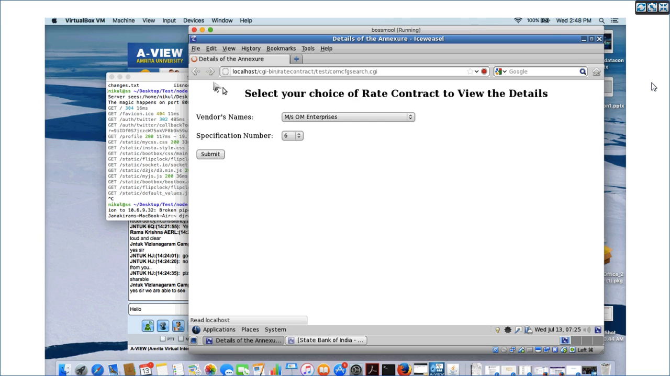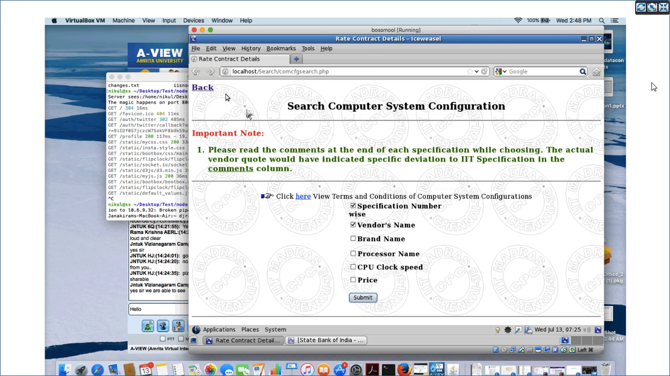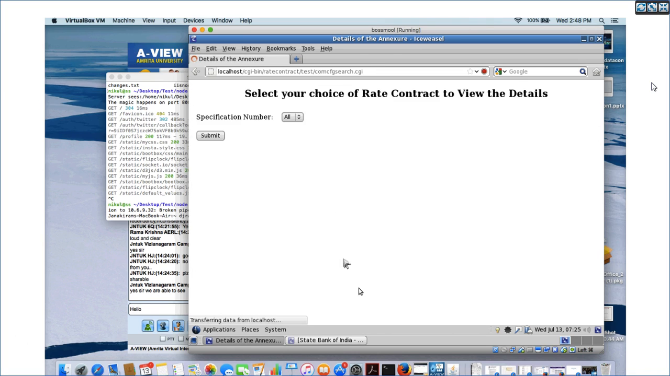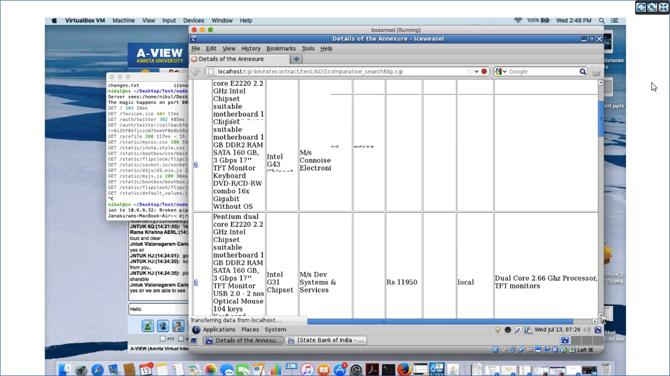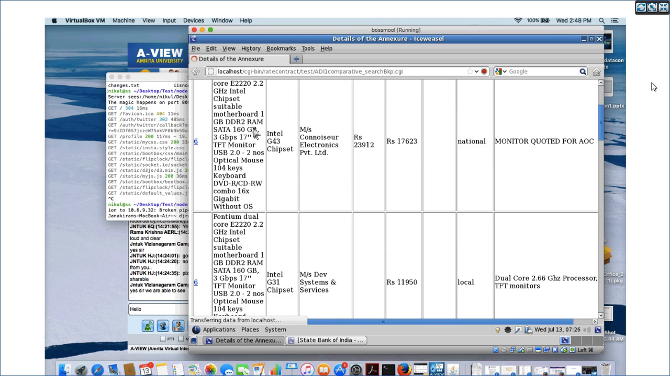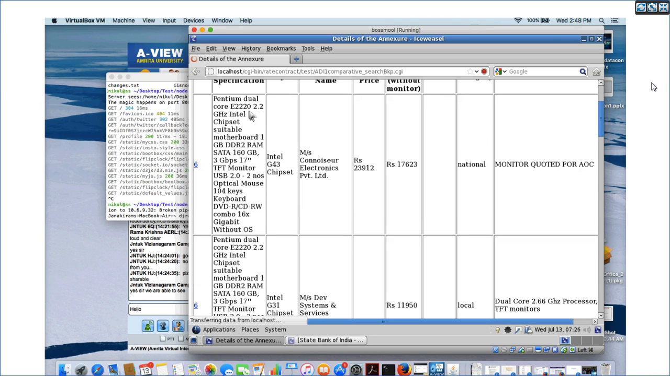Now you can go further down and see all the specification numbers. Leave the vendor name blank, and all the specification numbers that are available will come. Go to 6 and say submit. This will give you all the details of whoever is supplying specification 6. For example, you can see MS Canosier Electronics Limited for specification number 6. This is specification number 6, Pentium dual core, and it is available at rupees 23,912. Without monitor it is available at